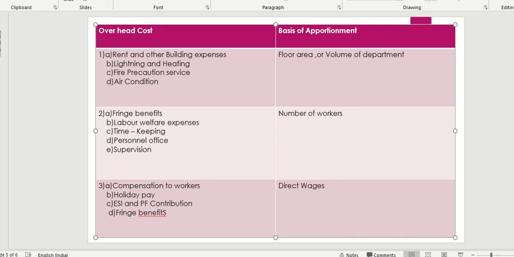So in this video we're going to deal with the problems of overhead costing. Before starting out with the problems, let me tell you all the difference between allocation and apportionment. Allocation is nothing but charging the full amount of overhead cost to a cost center. The entire transaction cost is related to one particular department, hence you can allocate the entire cost to that particular department for which it is identified.